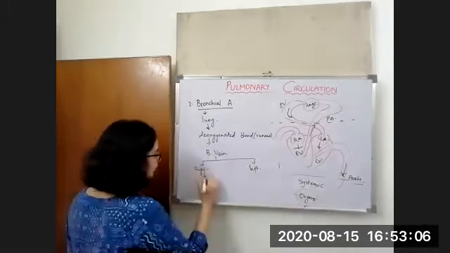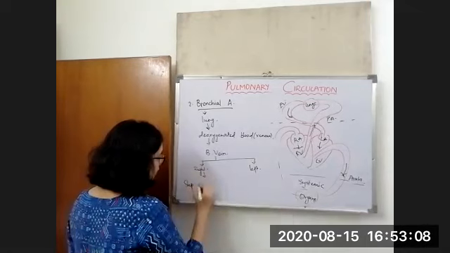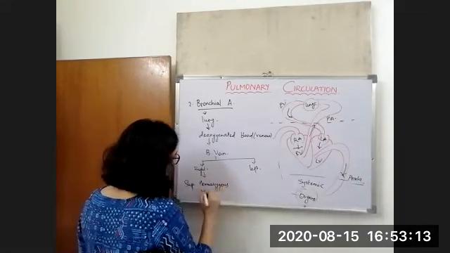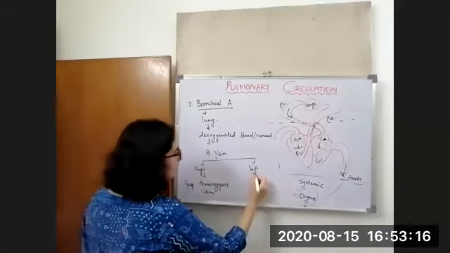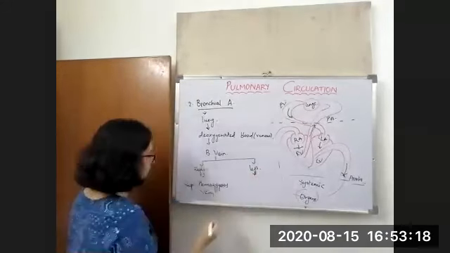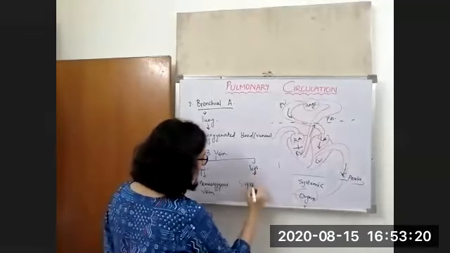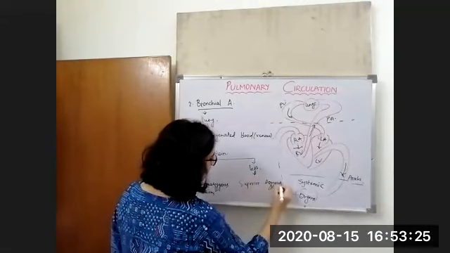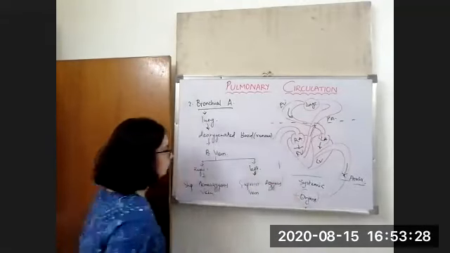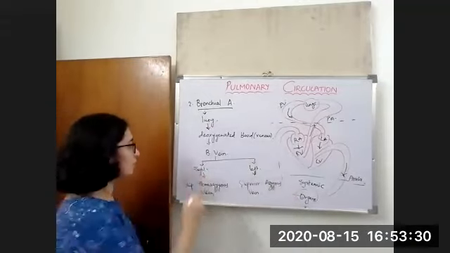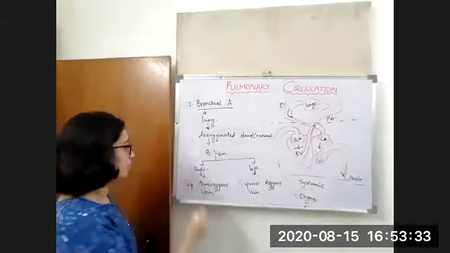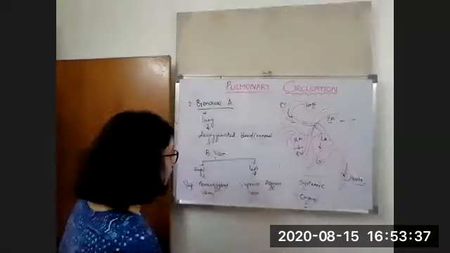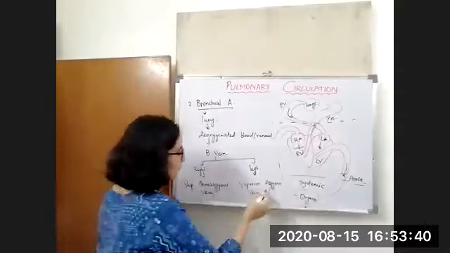So, what is the right one? It is known as the superior hemiazygous vein, and the left one is known as the superior azygous vein. Okay, so the bronchial vein divides into two parts, right and left. Right one is the superior hemiazygous vein, left is the superior azygous vein. Okay, it is also known as.